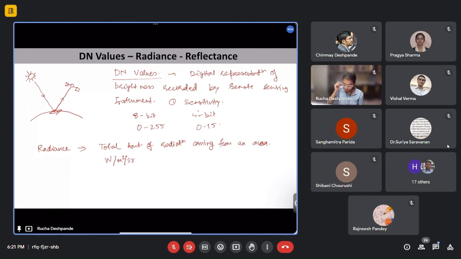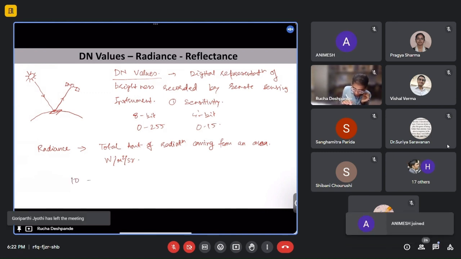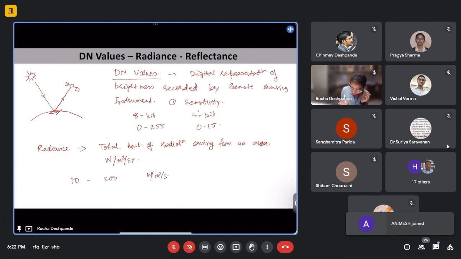So we convert these DN values to radiance first. DN values are just numbers, so we convert them to the total energy which is being sensed. There would be a minimum and maximum value which the sensor is sensing, so the minimum amount of energy and the maximum amount of energy. Say it's varying between 10 to 200 watt per meter square per steradian. So we will stretch